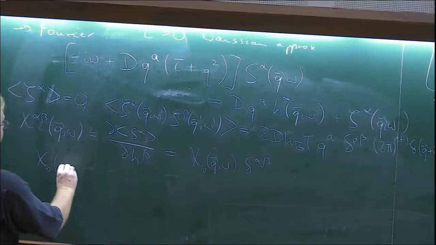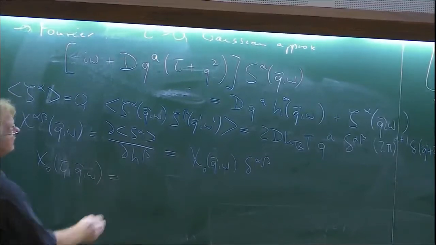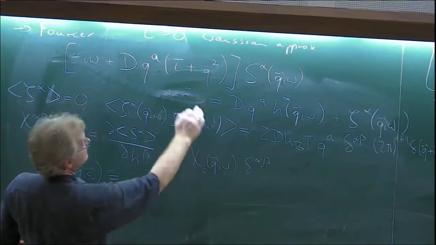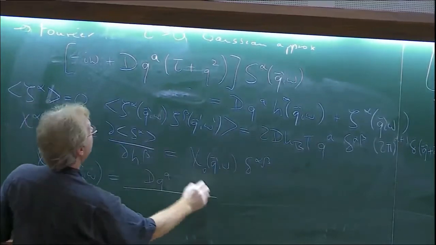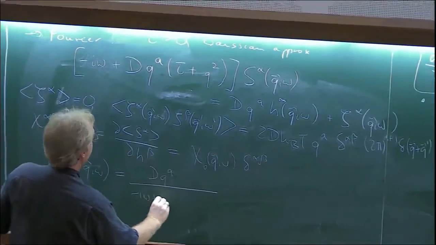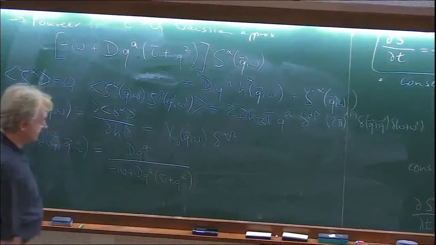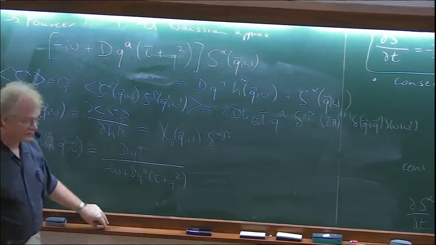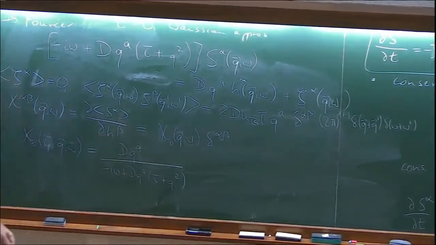And this chi naught, let me reinstate the tau so we can look at the scaling form, takes the form of dq to the a, right? Because I'm dividing through by h, so I'm left with dq to the a on this side. And downstairs here I get minus I omega plus dq to the a, tau plus q squared. So that's my dynamical response function in this limit. And if you've looked at this, it's essentially the dynamical response function of a relaxing quantity where the relaxation rate is all this. Okay, we'll explore this in a second.